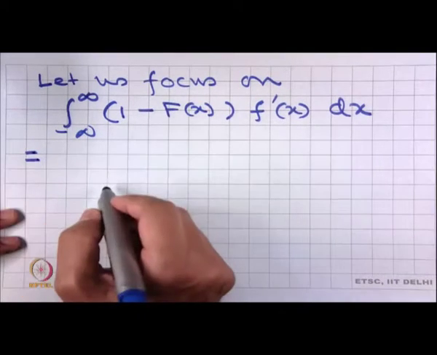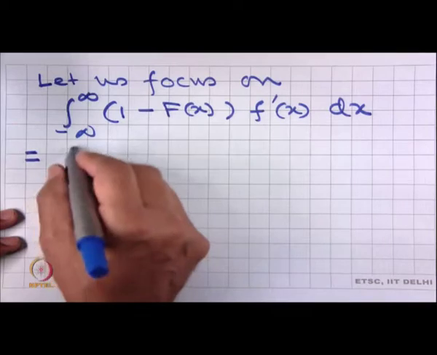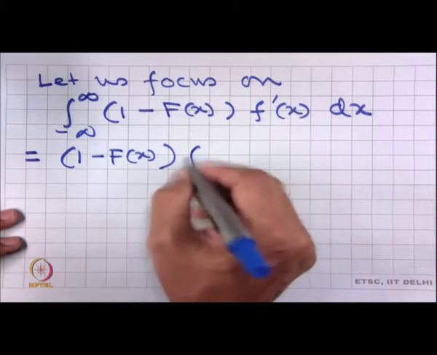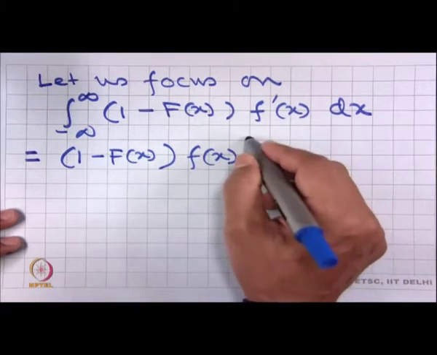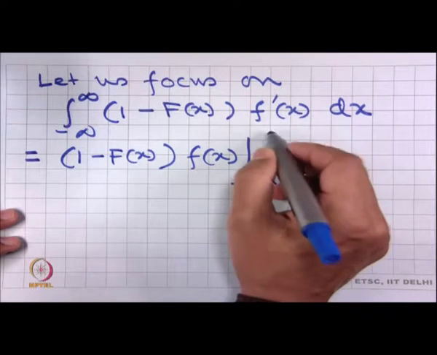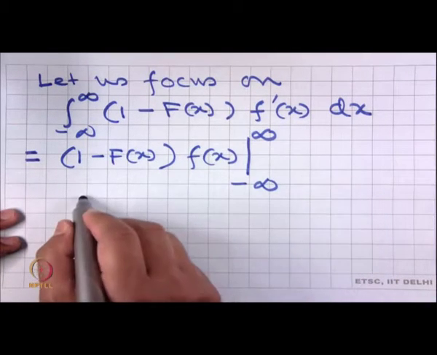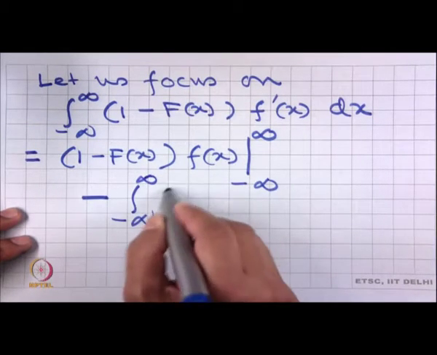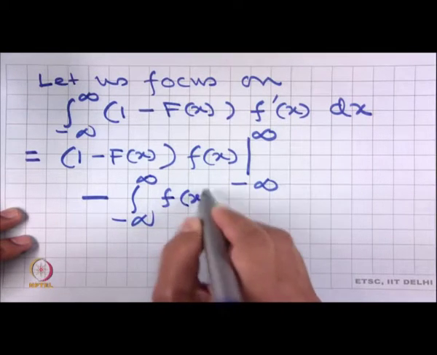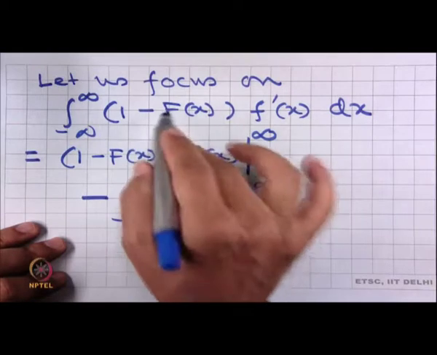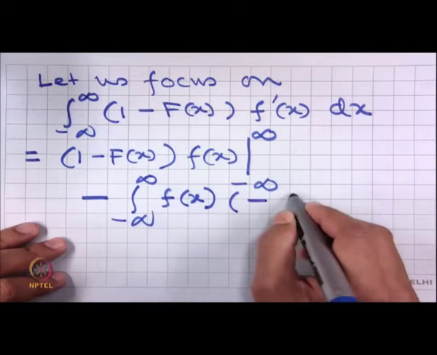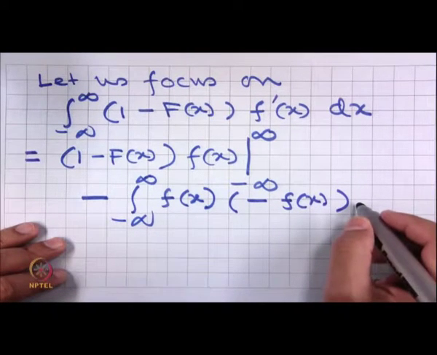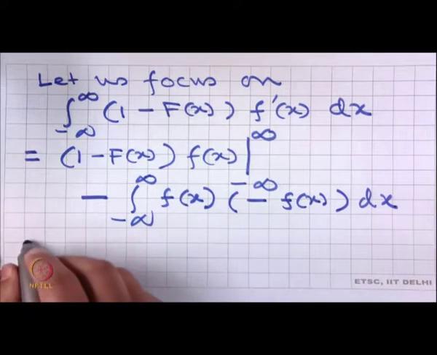This is equal to first function into integration of second function, and this we put the limit minus infinity to infinity, minus integration minus infinity to infinity f x. Now, derivative of the first function is minus f x dx, is equal to,